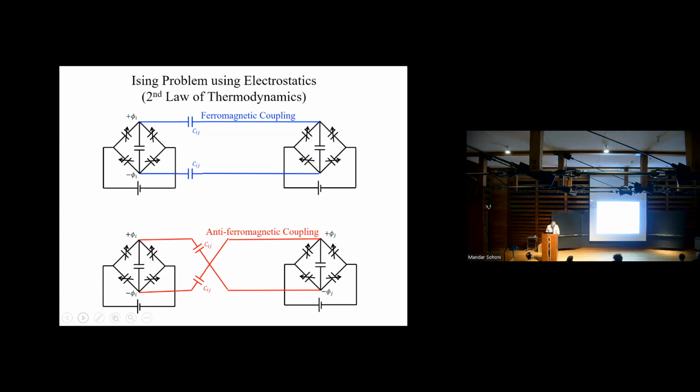We put this together as sort of an analogy to the way the Onsager approach was doing, but now we're using the second law of thermodynamics. You could have two of these Wheatstone bridges made up of varactors, and it's static electricity, so there's no continuous power input. It is exactly the situation where the second law should be valid. If you have parallel wires, they couple so that they lock into the same orientation, or you could have crossing wires, which lock into an anti-ferromagnetic configuration. So it's this kind of circuit that we're looking at.